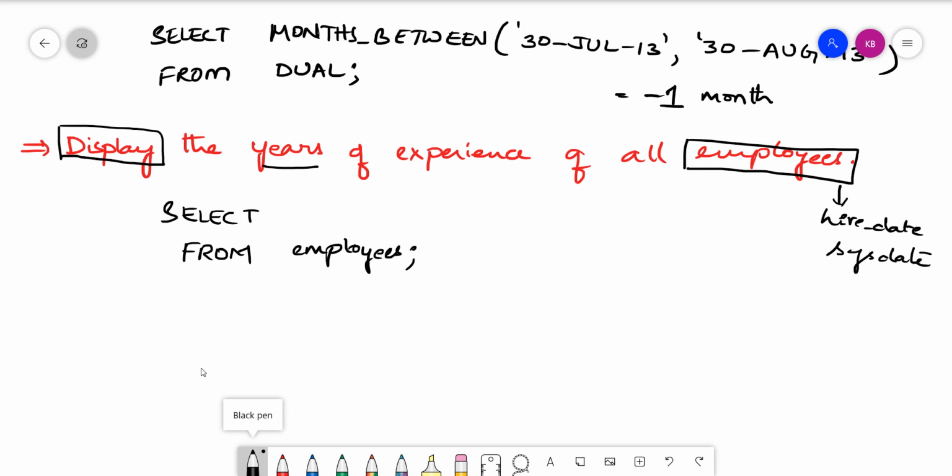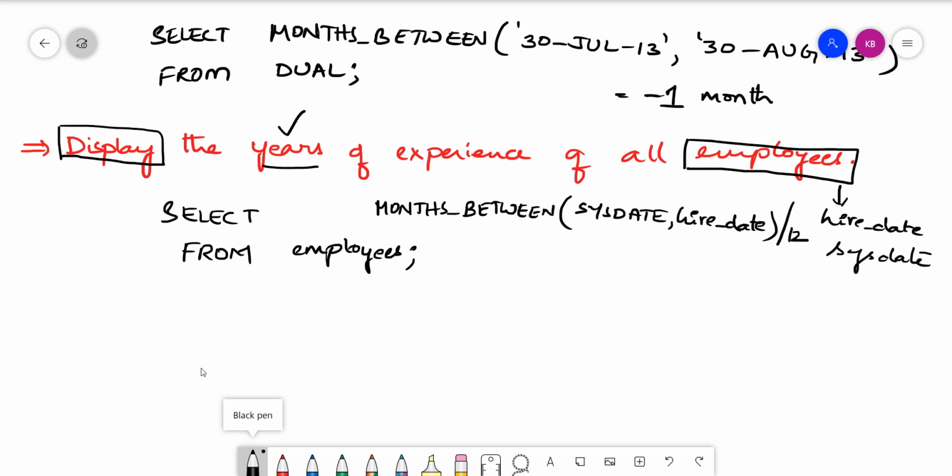So here I can simply write months_between. We wanted to give the latest one first, so sysdate comma hire_date, right? But if I give this, I'll get it in months, but I want that in years, so I'll divide this by 12.